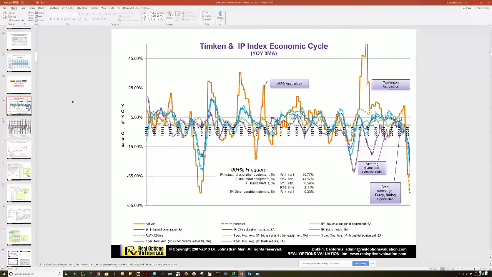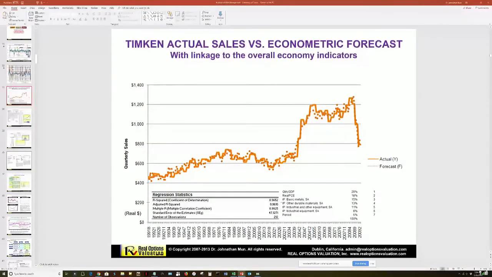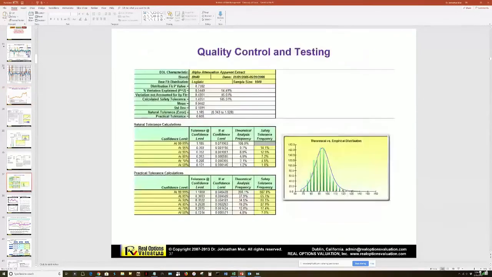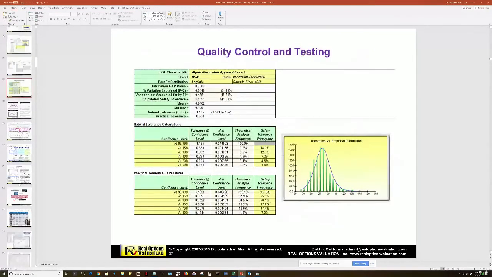So instead of having a single vendor, we have multiple vendors at the same time, and these vendors are located globally. So the prices tend to change from one location to the other. And so you have the option to switch vendors to something that's a little bit cheaper, faster, and quicker, so you take advantage of the price savings. We do a lot of forecasting in terms of econometric forecasts, predicting the prices for these guys. And price of the inputs is what kills them. It's their main risk. And so predictive models are their critical piece. There's also, for Budweiser, we did quality control and testing.